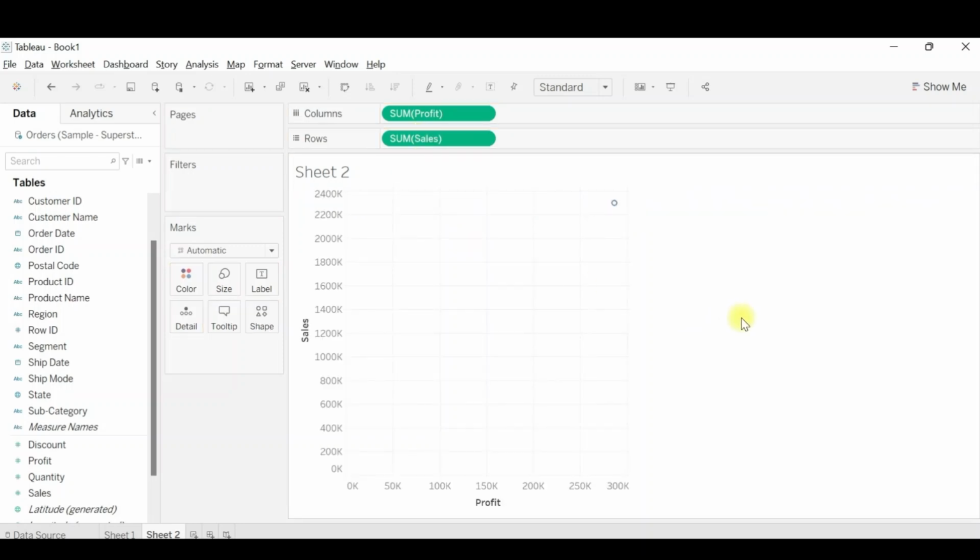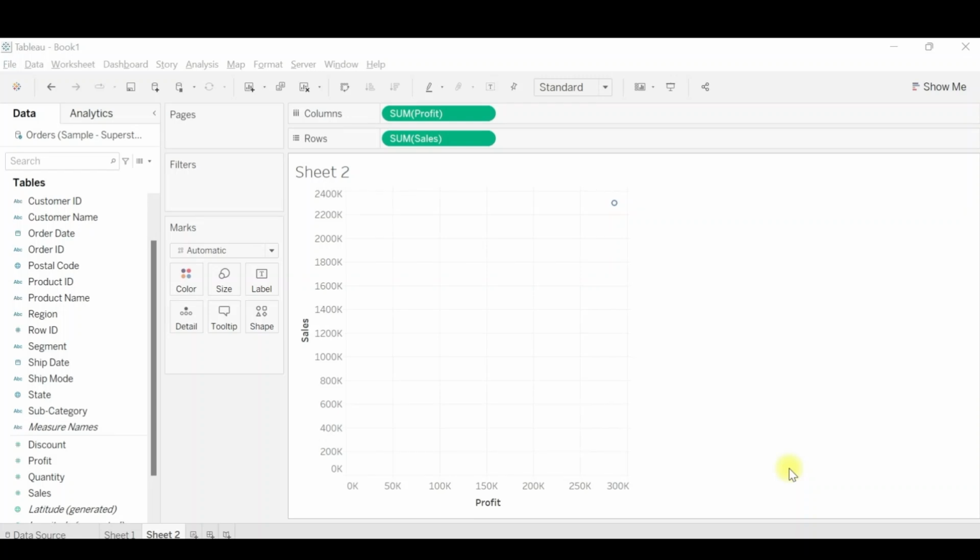So you will see by default there is only a single bubble plotted on the sales and profit scatter plot, but like we saw, there were multiple bubbles to be achieved. So that means when we plot it as direct sales versus profit, there is only one relation existing between them.